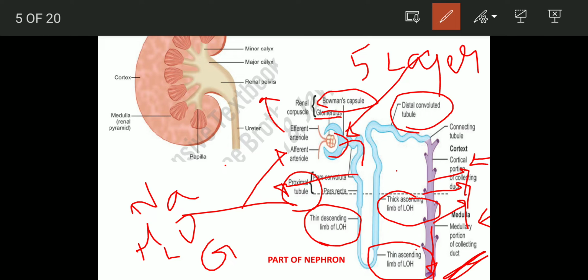We'll also be discussing what the different cells in this kidney are which help in the regulation of your different electrolytes and different extracellular fluids. It will also help in maintaining your blood pressure. We'll be discussing this in this nephron. One by one, each part we'll be discussing. So now we'll be discussing the next slide.